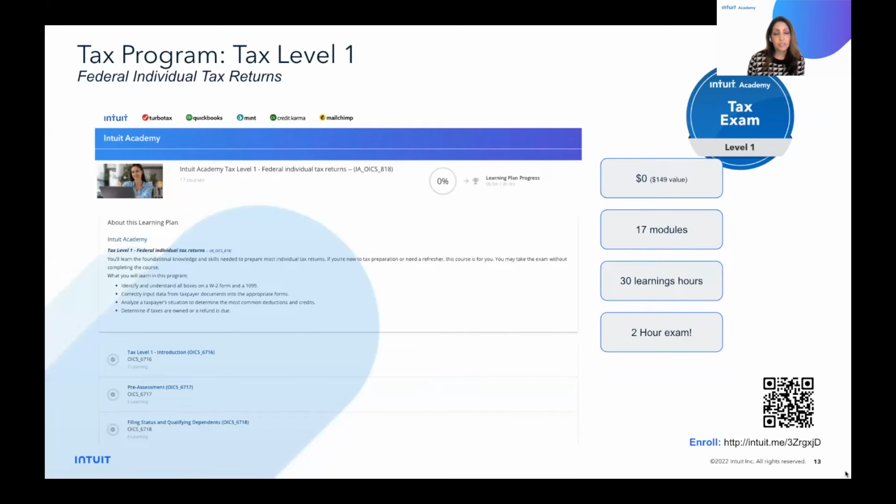And again, you can skip to the 2-hour exam if you feel like you do have the experience necessary, but we do have a newly launched practice test where you can actually take a practice exam up to 5 times. And if you do well, you should pretty much have the concepts down. So we definitely recommend that, but I know Andy will talk about that a little bit later in the presentation.